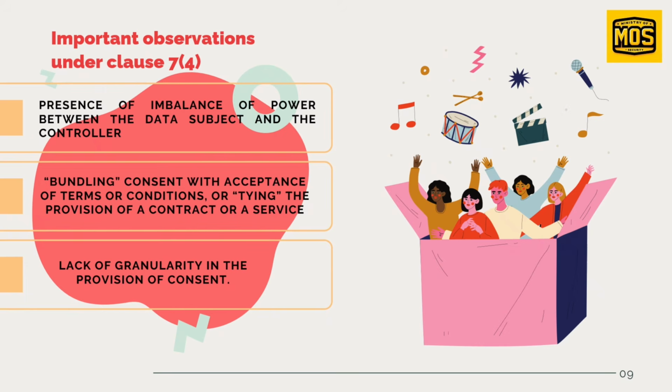Now, to understand this clause a little better, we will explain it with the help of an example. Imagine a job portal that says you can only apply to jobs if you agree to share your resume with the marketing partners for ads purposes. Now that's called a bundled consent, which means where the data controllers tie the service, which is in this case job applications, to something unrelated, which is ads. Since applying for jobs has nothing to do with ads, this creates an undue pressure,